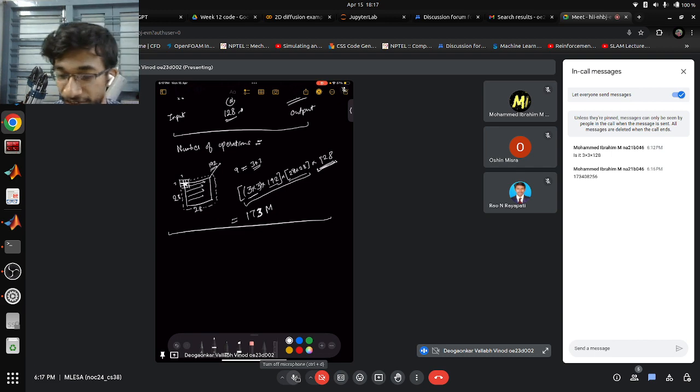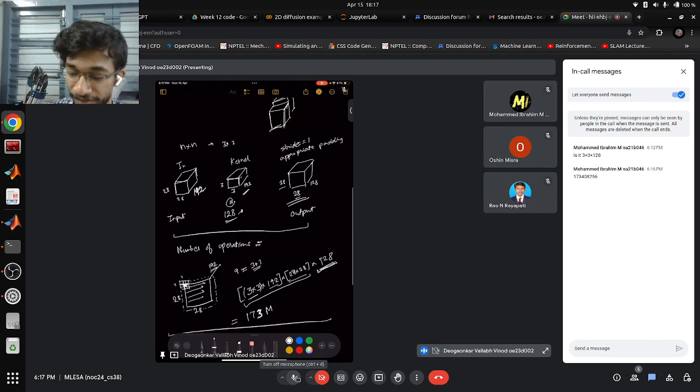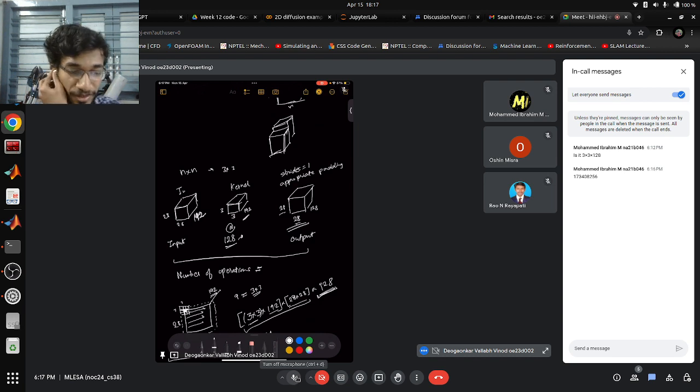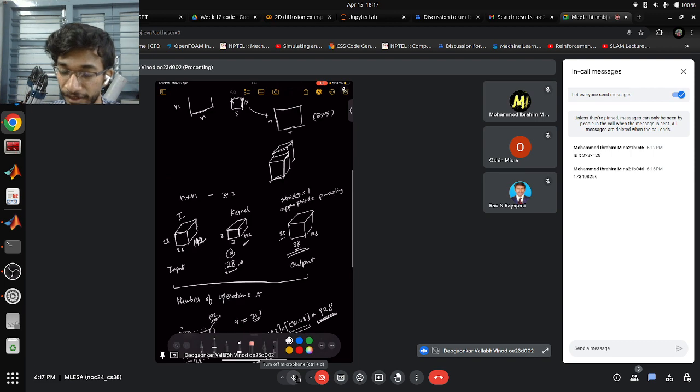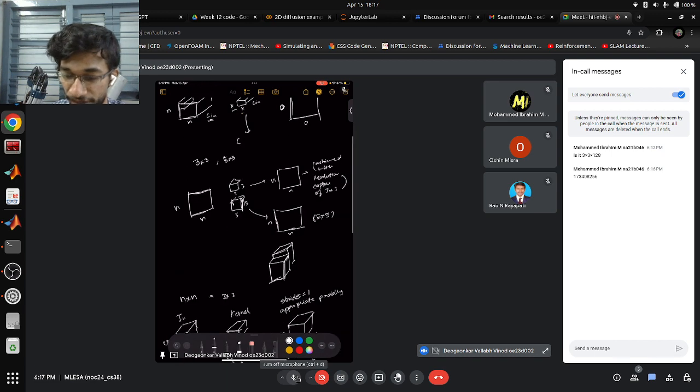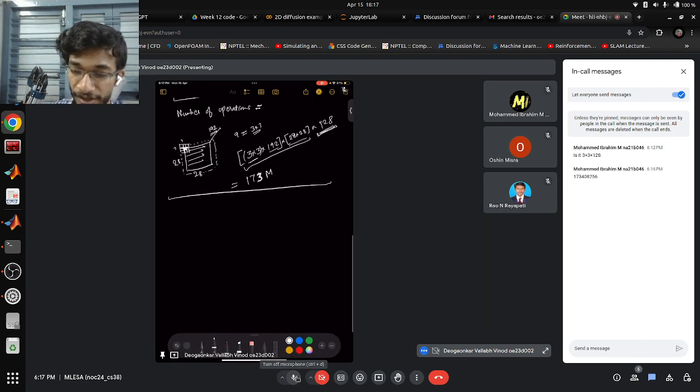So this is one of the problems that was discovered, and in the GoogleNet architecture, they tried to present that it can be solved. The solution that they presented was that